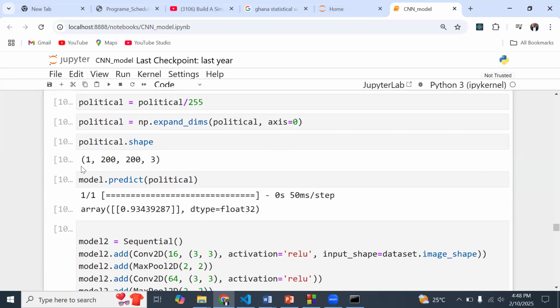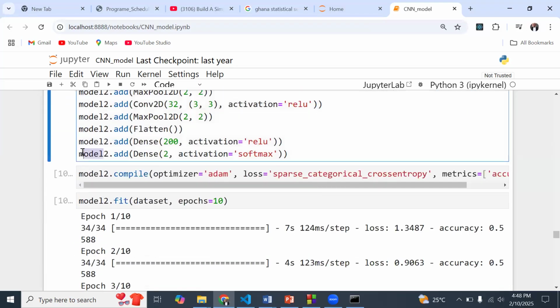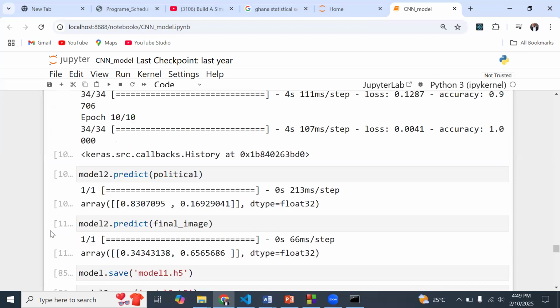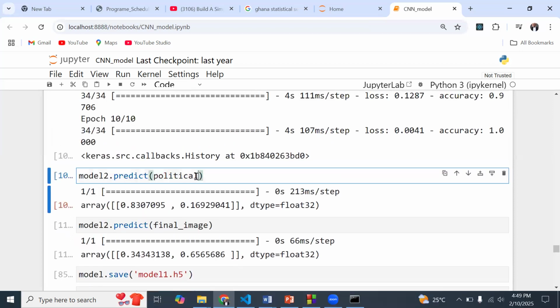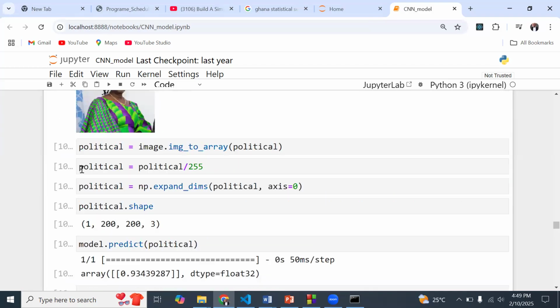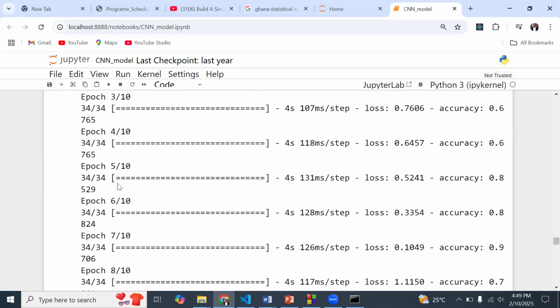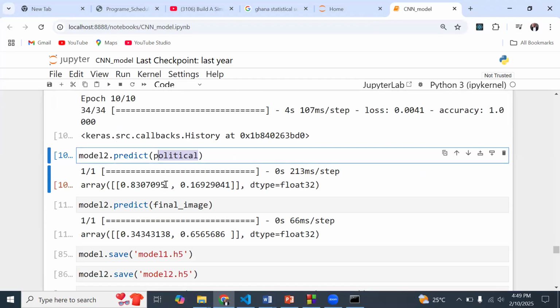We saw in the second model, model 2 that we built, that we used two neurons at the output layer, and here we use a softmax. So we expect a percentage distribution for male and a percentage distribution for female. When we did a prediction of the political image, the image of Eslowusu, we got 83 over here.